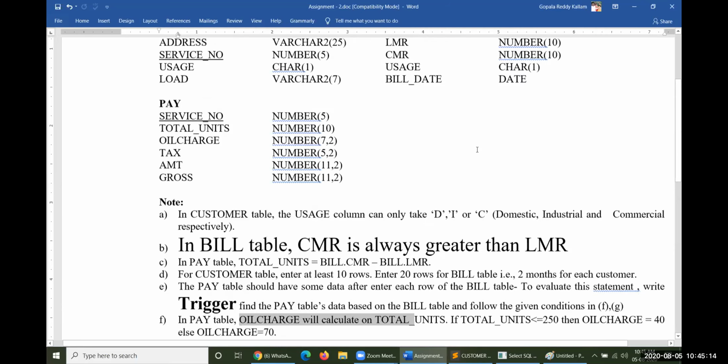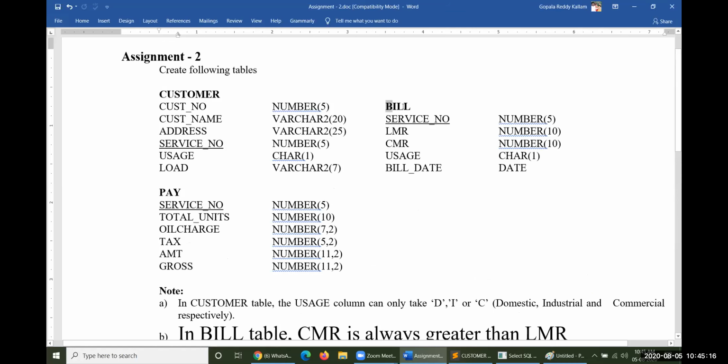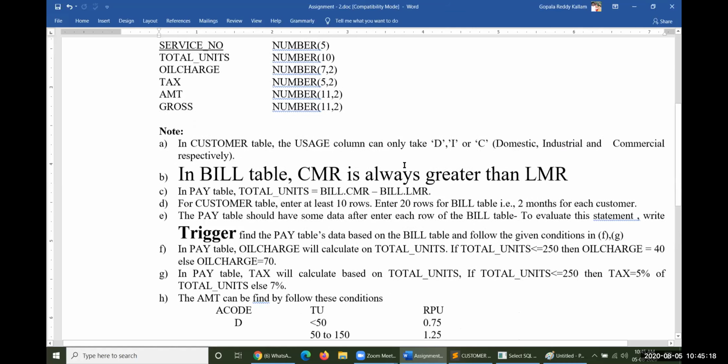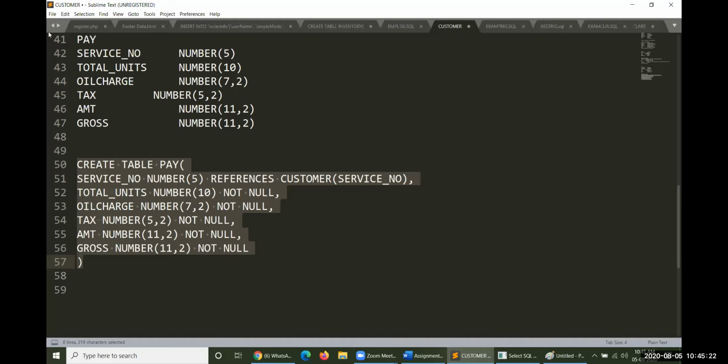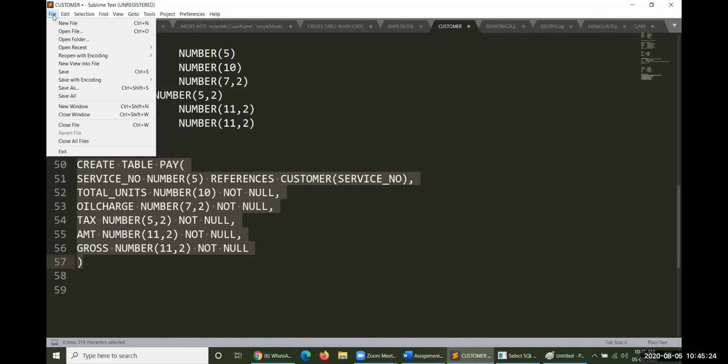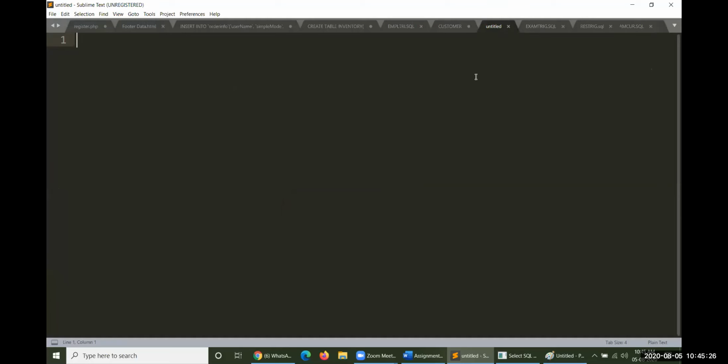The trigger name will be, here we are writing the trigger on bill. Let me open a new file for this one. Create or replace trigger. Trigger name is bill_trigger, bill_trigger. What are we trying to perform here?